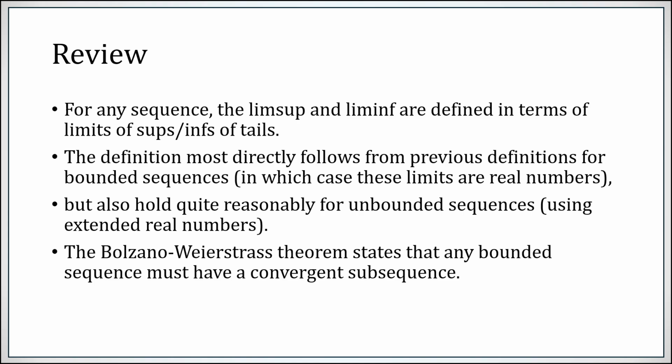The Bolzano-Weierstrass theorem is kind of the big landmark theorem of this section. It tells us that any bounded sequence must have a subsequence that converges. It doesn't specifically tell us to what. We did have an earlier theorem that said any bounded sequence has a subsequence converging to its sup, and any bounded sequence has a subsequence converging to its inf. The Bolzano-Weierstrass theorem just says any bounded sequence has a subsequence that converges to something.